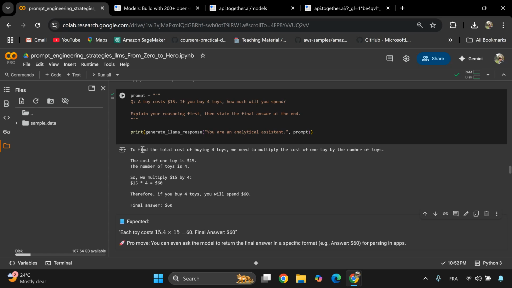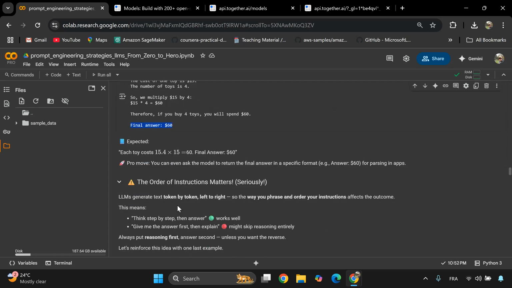If you run this, you can see that it shows the reasoning and then it splits the final answer as a separate answer so that you can extract it using your code. So this is like using structured labels like final answer when parsing model outputs programmatically. And all you need is just to use a regular expression or code to extract just the number,